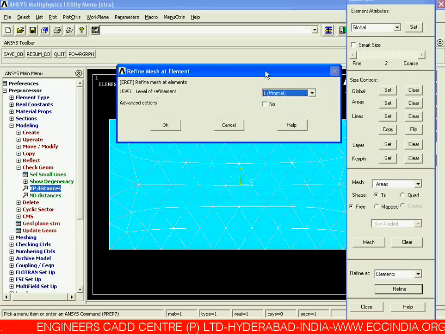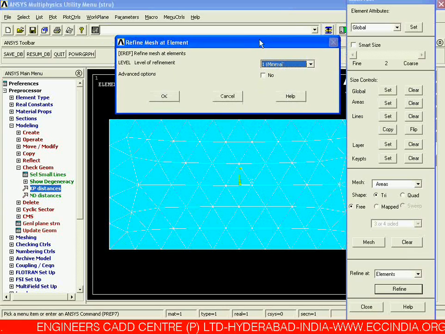Once we are saying OK after selection, we are having a new pop-up window. Up to what level we need to go for the refining of those particular elements. So we are having 5 different stages. First stage stands for the minimum refinement. Second is a moderate one. Third and fourth are the medium levels, and last is the highest divisions for that 5 elements without losing any